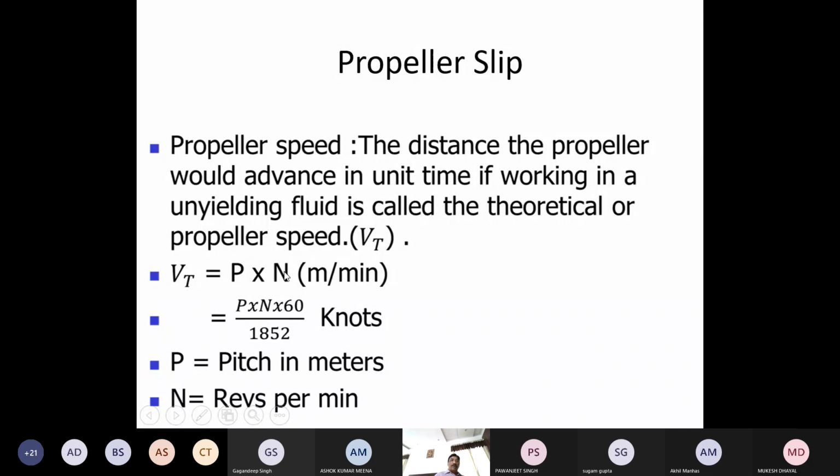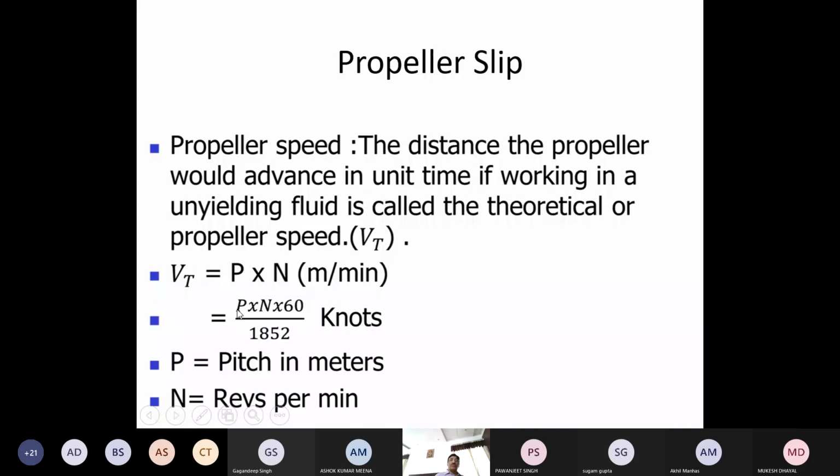If RPM of the propeller is n, इसका मतलब है in 1 minute it will have n revolutions. That is the meaning of RPM, and every revolution it moves p meters. Therefore, it will move in 1 minute p into n. So many meters in 1 minute. And if p into n meters per minute,